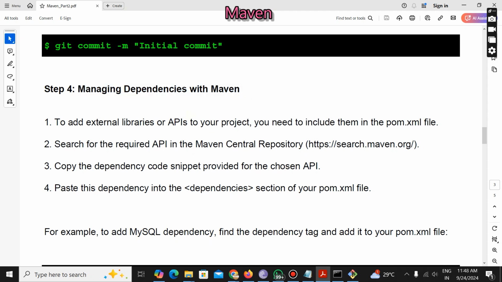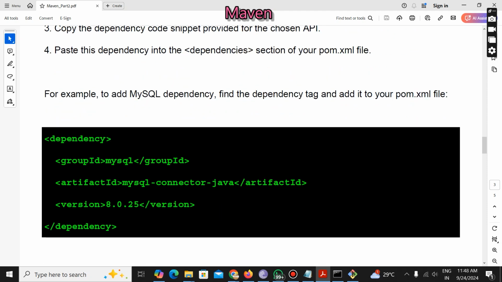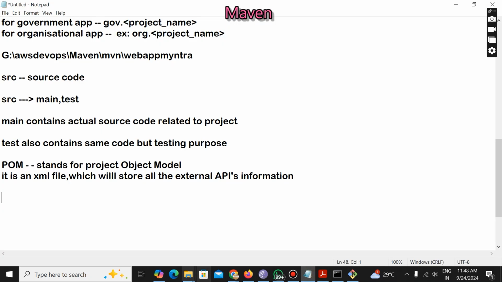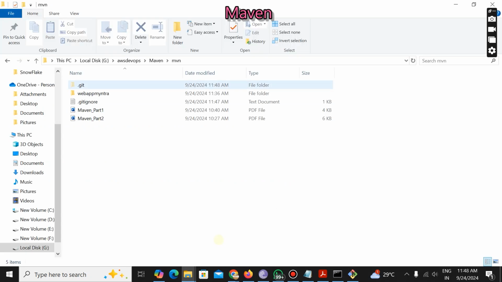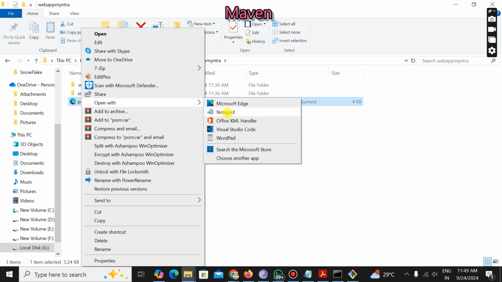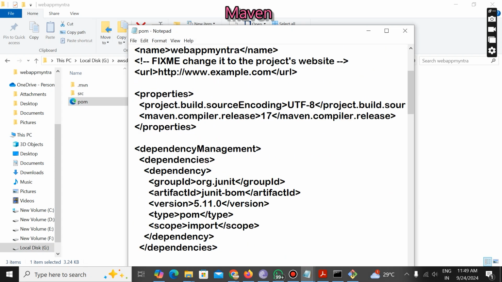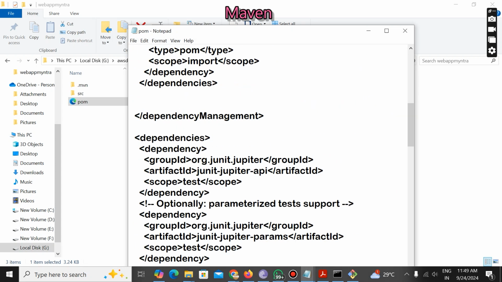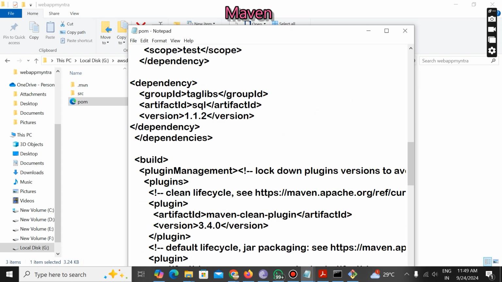Already I have done this. Right, under the dependencies section only I have added those dependencies also. For example, MySQL, yes, I have done this already in the pom.xml. You can see here, where is that location? You can go to that location, our folder. Inside this we have pom.xml, open with notepad, and you can see already I have added the dependency related to SQL. See,